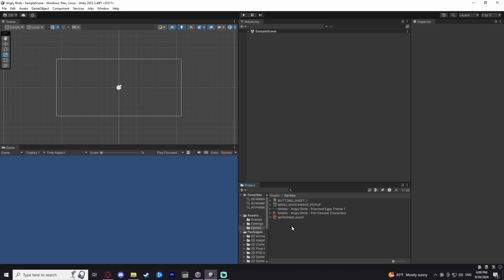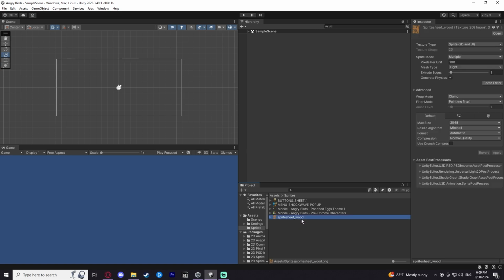So whenever it comes to selecting all of these, like let's say that we wanted to change a certain setting on all of these, and say it's the sprite mode, right? Sprite mode is very common for you to change. There's a couple ways that we can do this. First, we can hold shift and then click the up arrow and it'll start selecting more. Like this, same thing, selecting down, we'll deselect them. And of course, if you start at the top, you hold shift and then start going down and you can